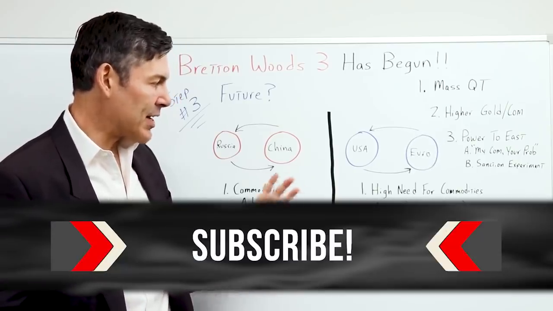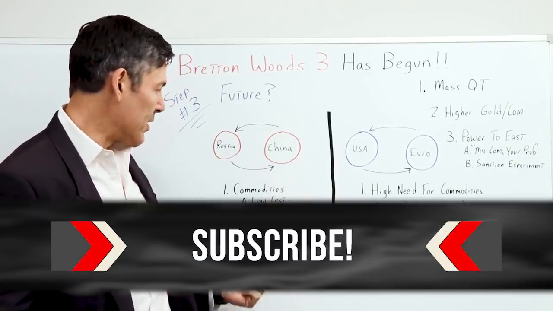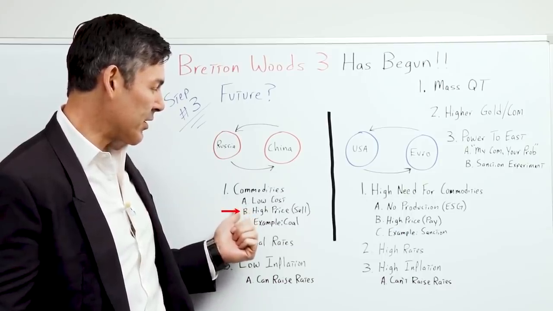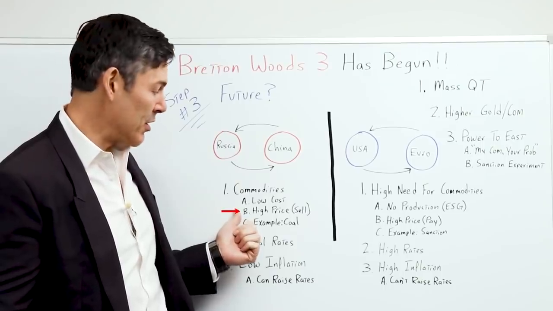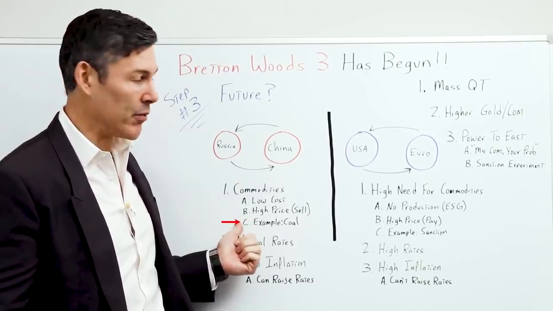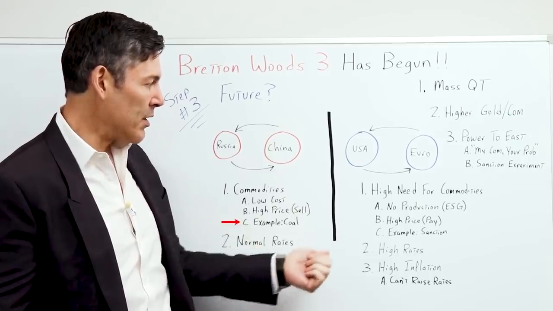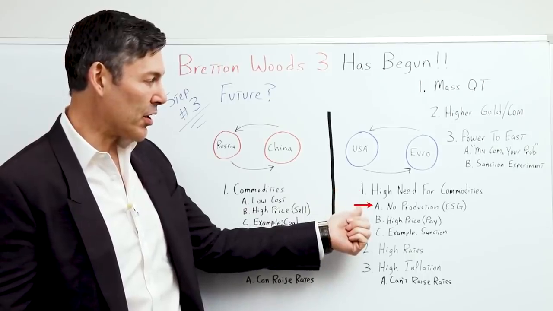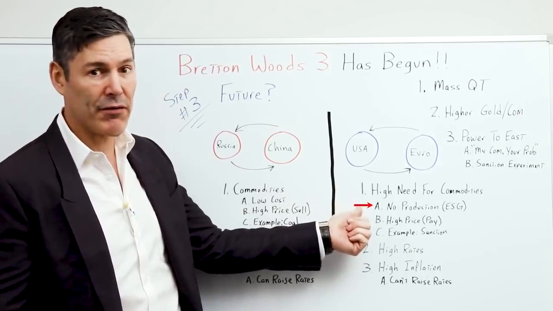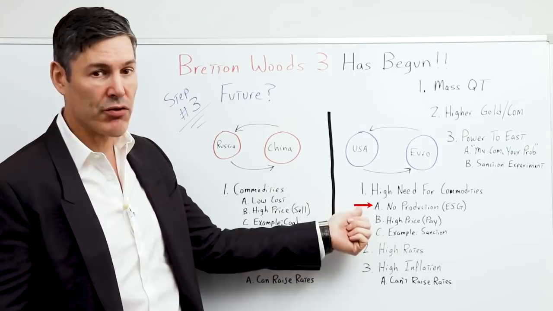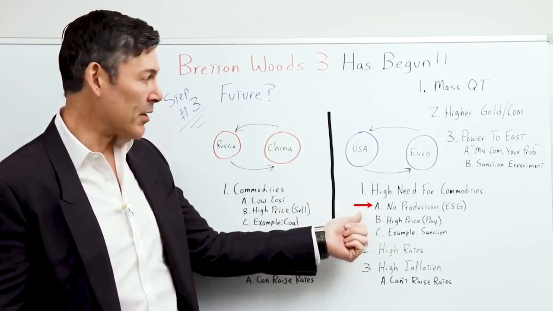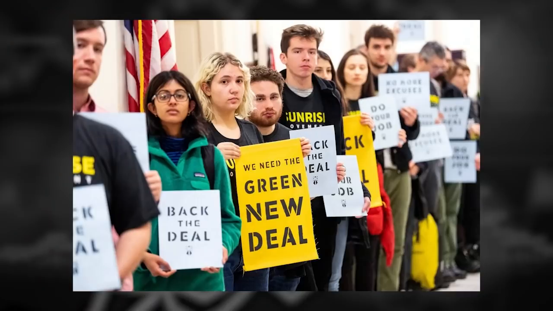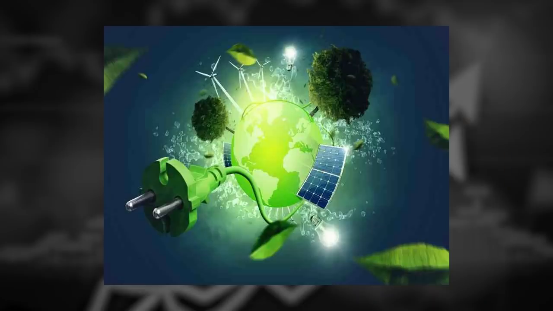So the big takeaways from this video is that on the left in the East, we've got the commodities, very low cost. They're selling them at an extremely high price, especially going back to that example that we used with coal. And in the West, they have a high need for commodities. They're not producing, or they'll produce far less in the future because of this movement towards ESG, but they'll have a high need for those commodities because of the Green New Deal and this electrification. They're going to have to pay an extremely high